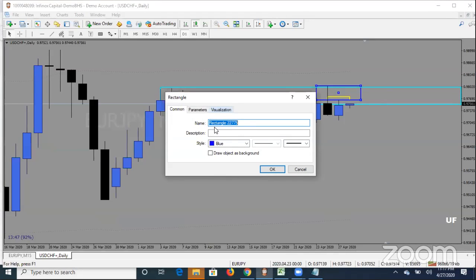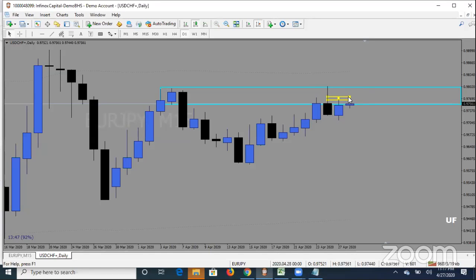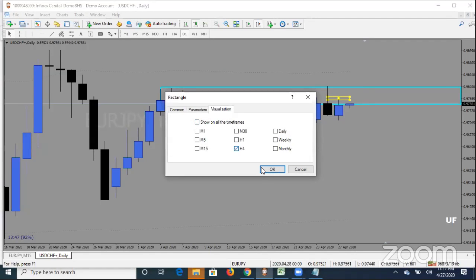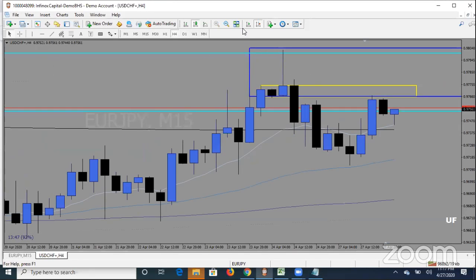Make visible on 4 hours. Make visible on 4 hours. So we have UCHEF here. I would be expecting a rejection of this zone on the lower time frame. So even though the H4 time frame happened to be bullish, when it got into this zone, I should be expecting some form of rejection of this, which was exactly what happened when you come to the 4